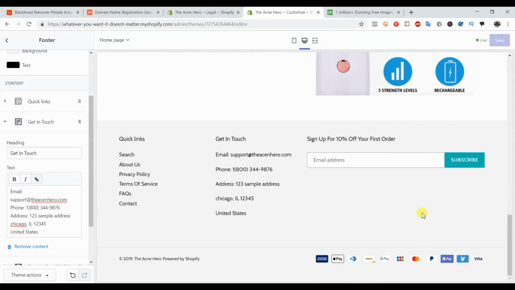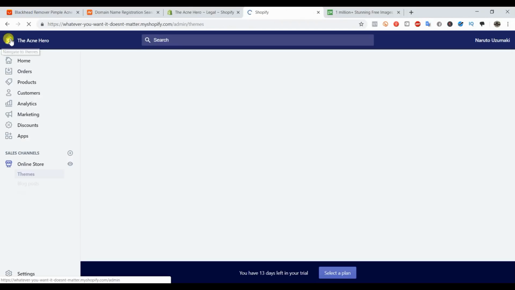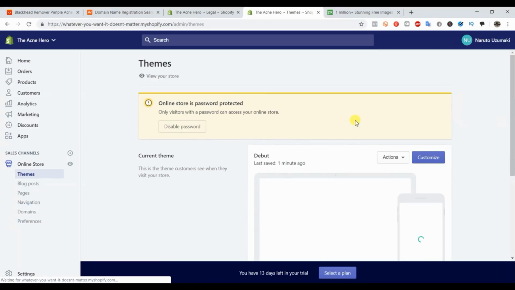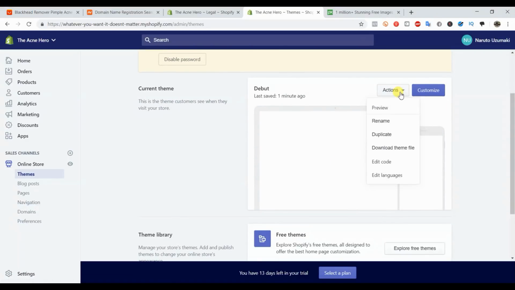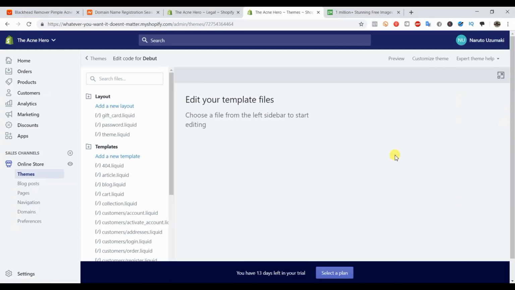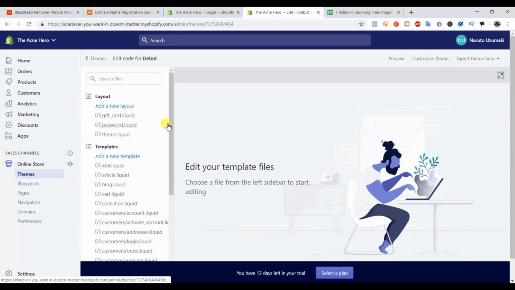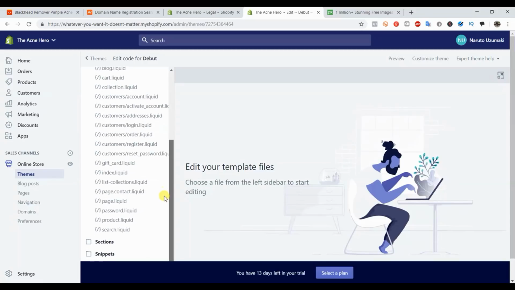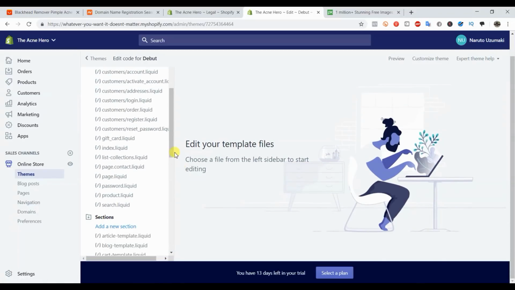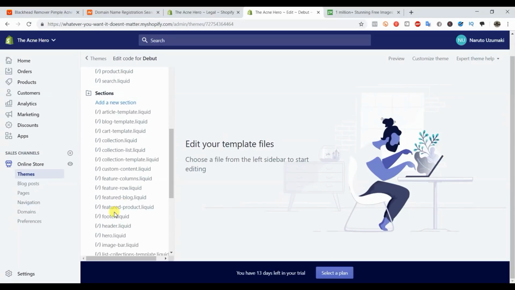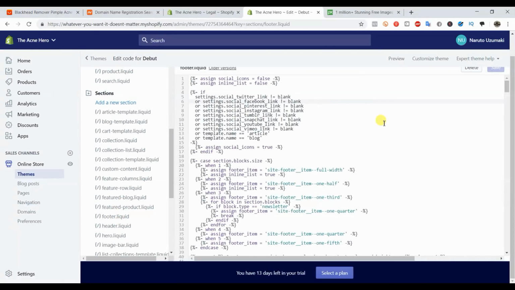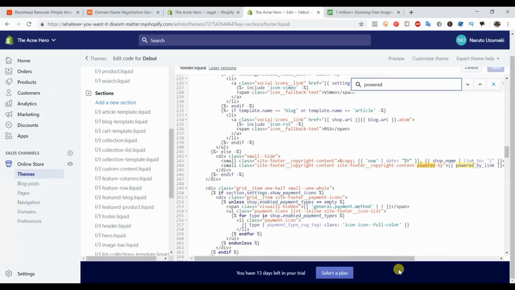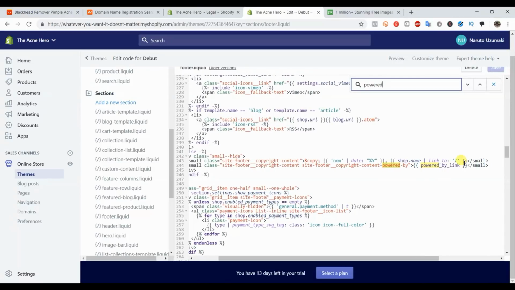We're good to go. So really quickly, I'm going to remove Powered by Shopify. So I'm going to go ahead and go back to here. Click the bag, go over actions, and click edit code, and we're going to remove the Powered by Shopify link. I'm going to scroll down under here, click on sections, and scroll down to footer.liquid. I'm just going to click anywhere in here, press Control F, and search for the word powered. And then right here we can see powered by link